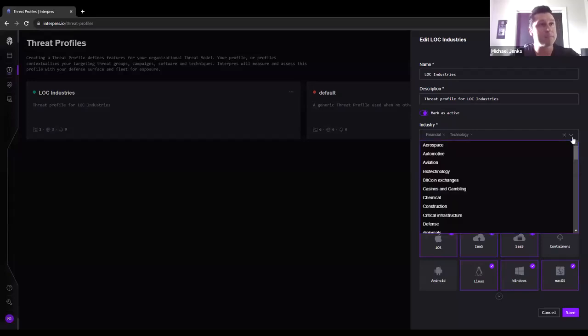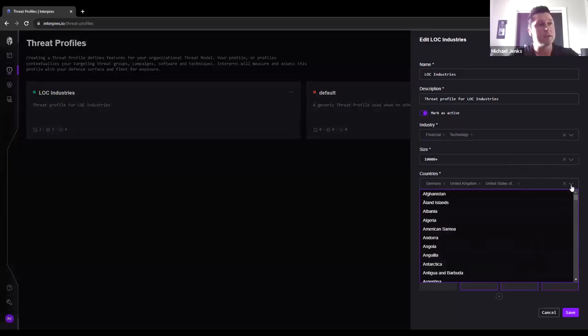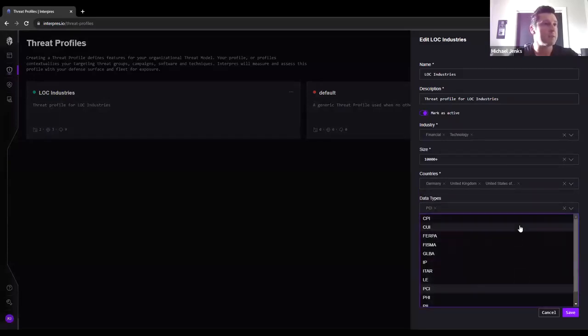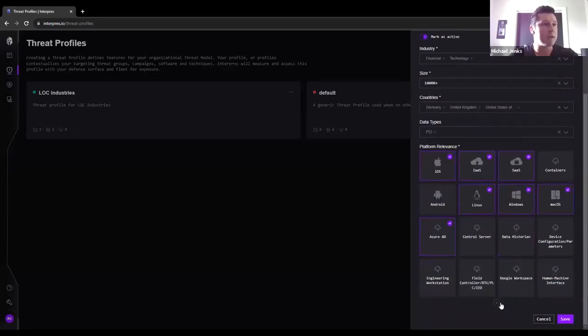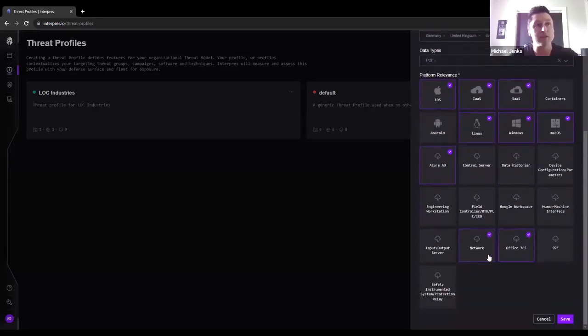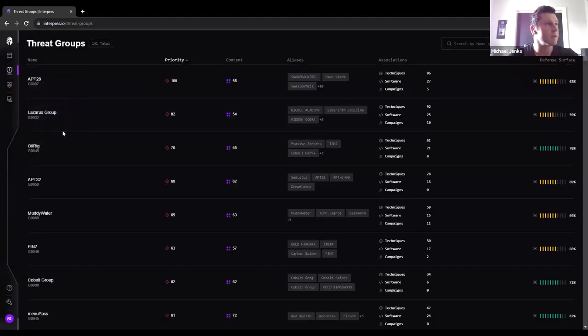groups, depending on things like industry vertical association, the size of the organization, geolocation of operations, the types of data that they protect internally or on behalf of customers, platform relevance, right? So, do you feature Office 365, Mac OS? Do you have some ICS infrastructure within the defended environment? So that's step one. Once we've established a threat profile for your organization, that allows us to prioritize these elements